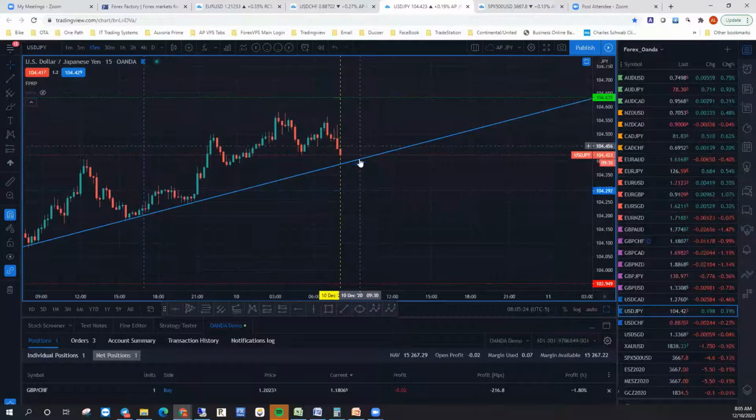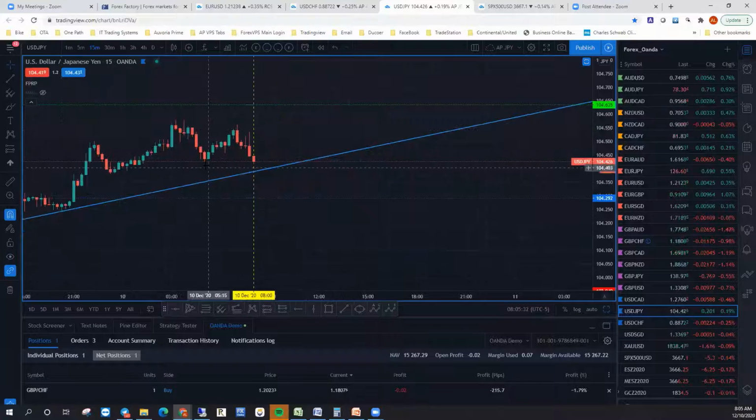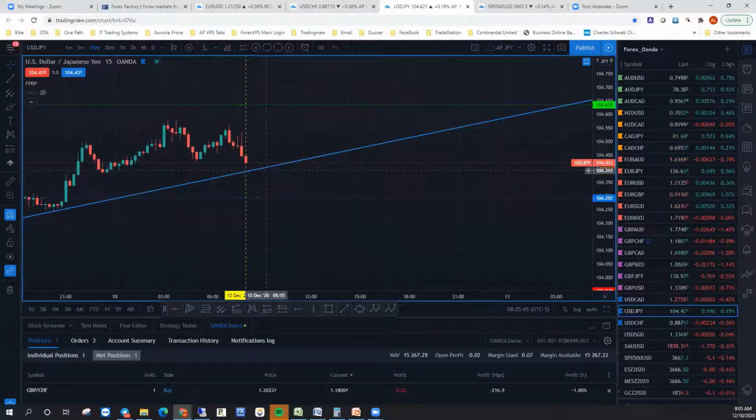But right now you can see we're pretty much right in the middle of this trend. As this is ascending, we're going to spread this out, and we're going to see where here's the last pivot low. Here's where we got the alert, and you can see it's right now testing the bottom of where the last pivot low is. It's basically testing this trend line. I'm going to be using this trend line mostly for whether it's going to break below or above.